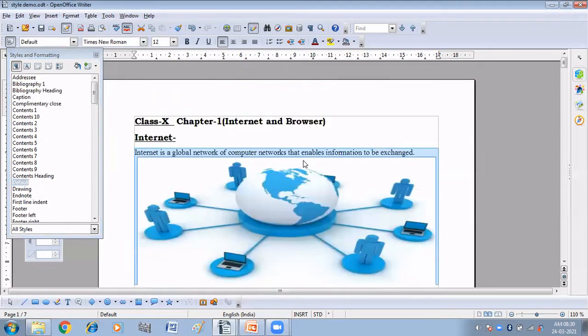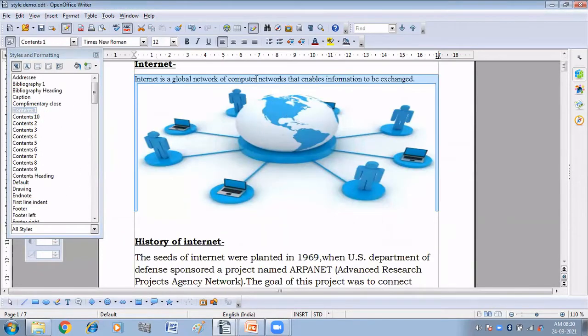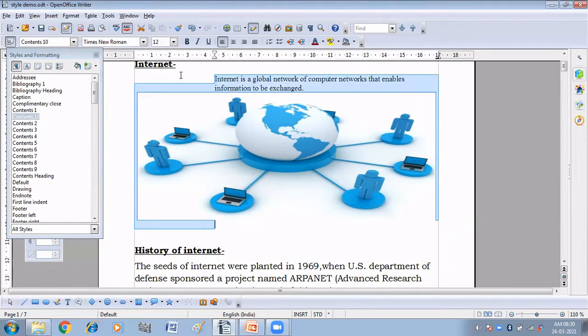Now you can see the format of the paragraph has been changed, or you can apply some other like first line indent, okay, or content one, content 10. So you can see the difference in the formatting of the paragraphs, right? So these are the different paragraph styles that we can apply on the paragraph, right?